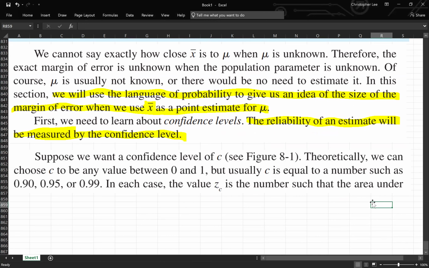So suppose we want a confidence level of C. Theoretically, we can choose C to be any value between 0 and 1, but usually C is equal to a number such as 0.90, 0.95, or 0.99. In each case, the value of Z critical is the number such that the area under